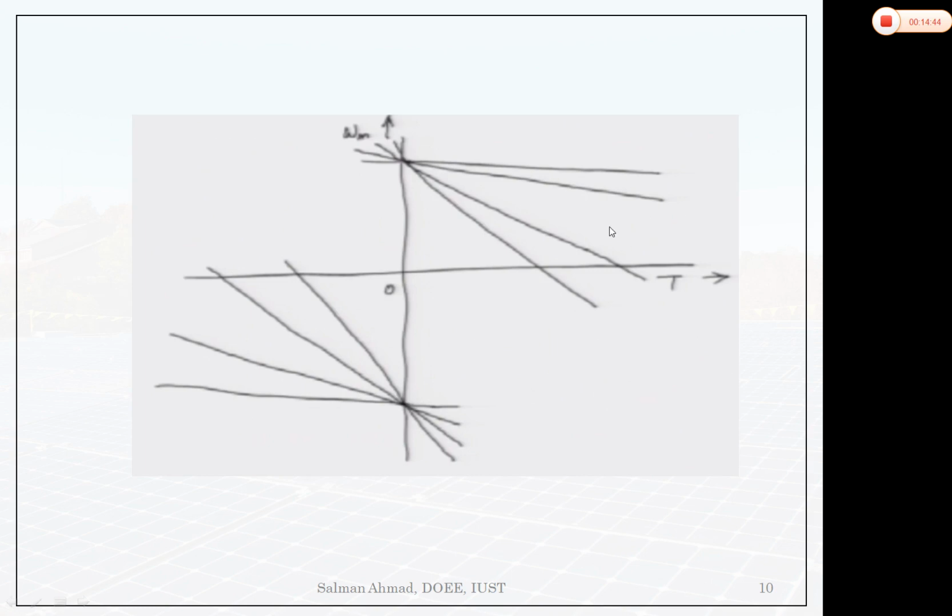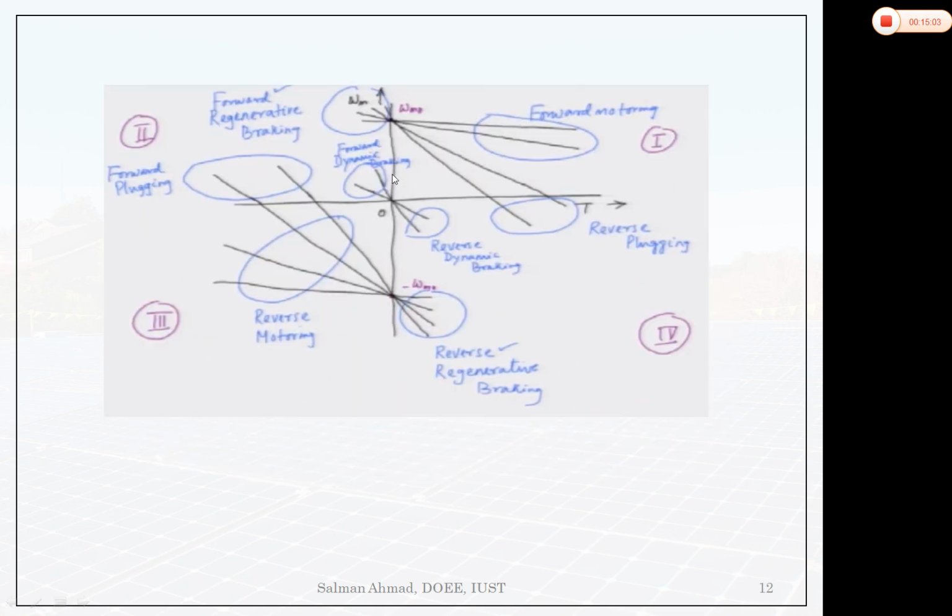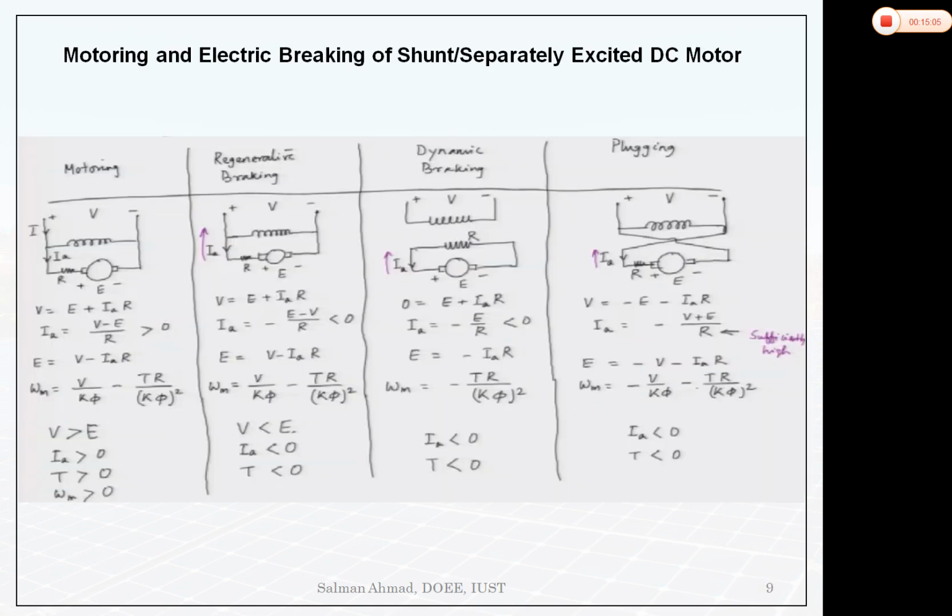So if we draw the DC shunt motor characteristics at different voltages, as I drew in the last class, this is first at different resistance values actually. This is the second one, this is the third one. So we are getting the same no load speed. You can see from this equation, this is the no load speed.